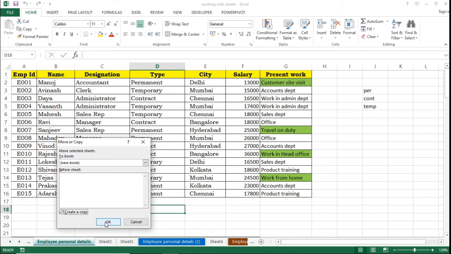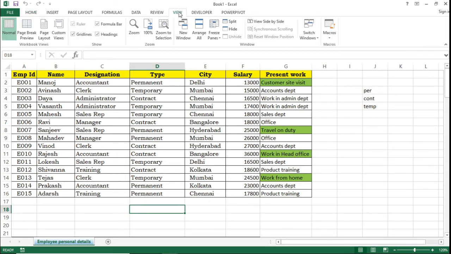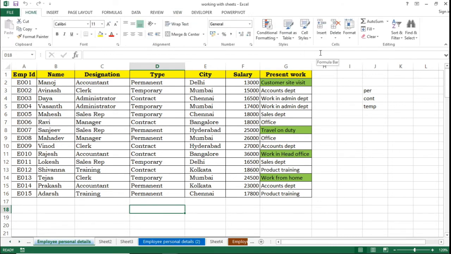The sheet is copied and a new workbook is generated. I can go back to my previous file by clicking on view, switch windows. So, my previous file is also present. A new workbook is created by copying a sheet from another file. This is one of the important options that you should remember.